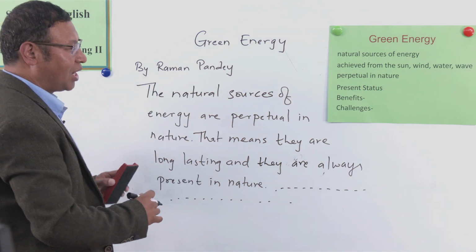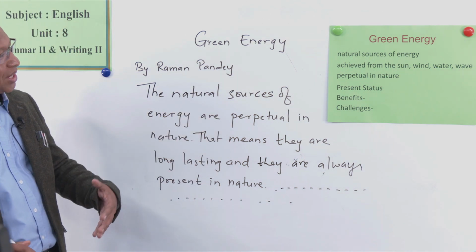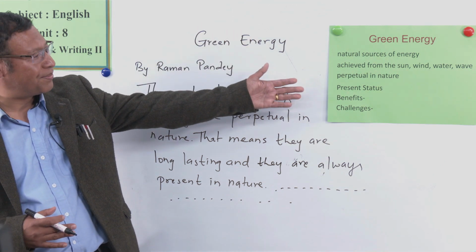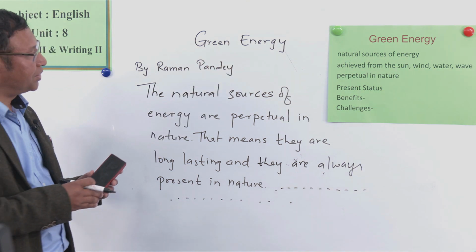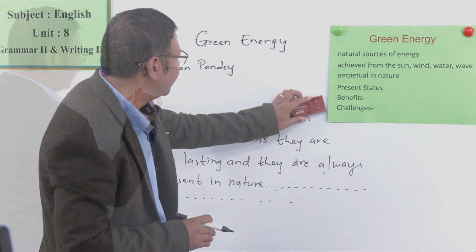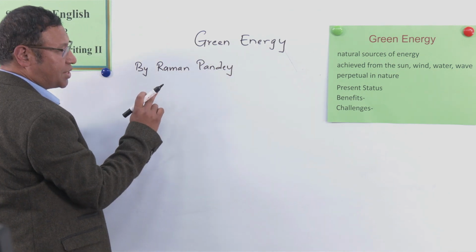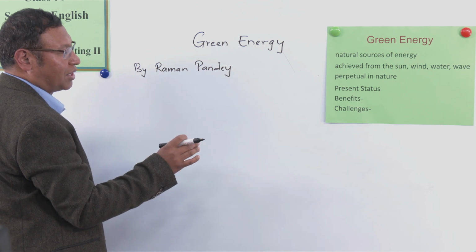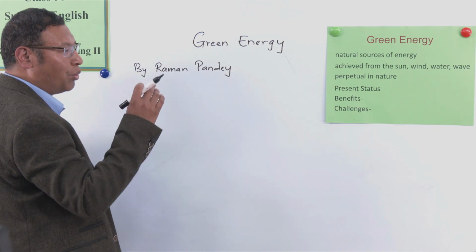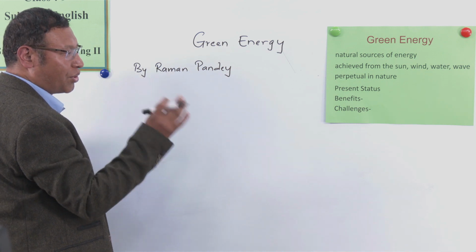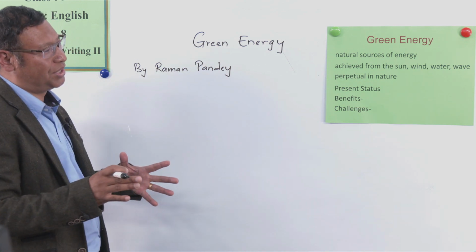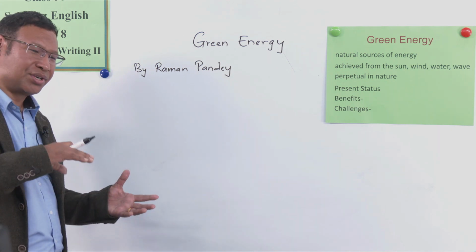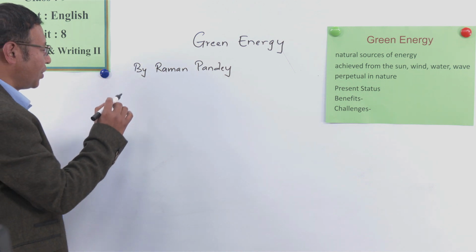So in this way, I'm just trying to give you ideas how you are developing your ideas about the given prompts. So now when you are talking about the present status, you talk about how the sun energy, that is solar energy, wind energy, then water energy, have been used in our country, or what is the condition in the world also. You can talk about the country also, you can talk about the world also. So at present,